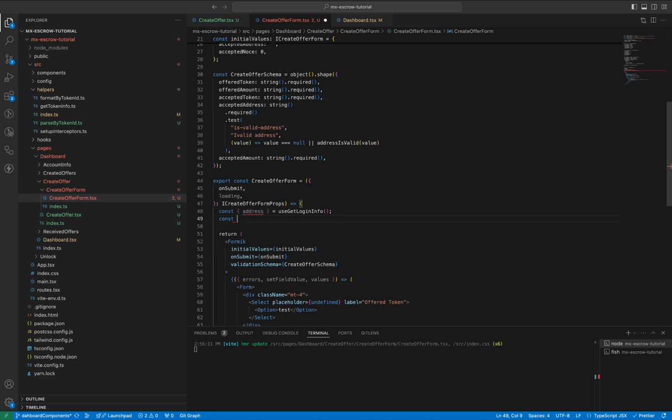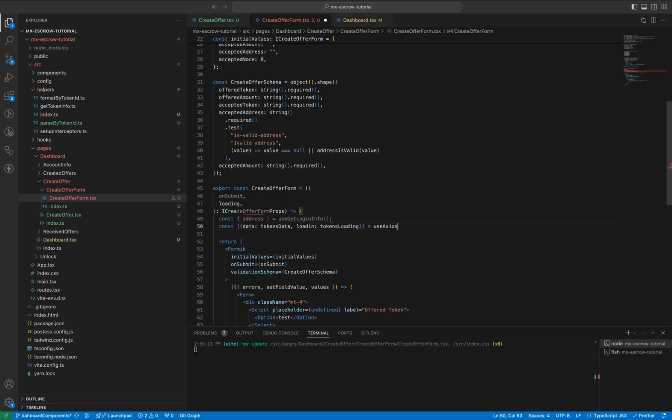And let's get the user tokens using the use Axios hook. You will get data as tokens data, a loading state as tokens loading, this will return a token array